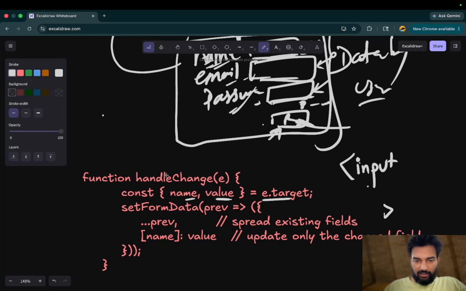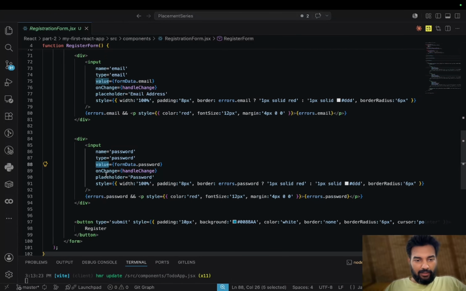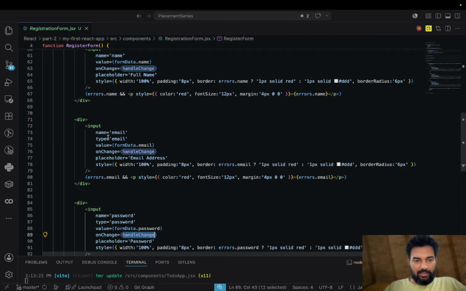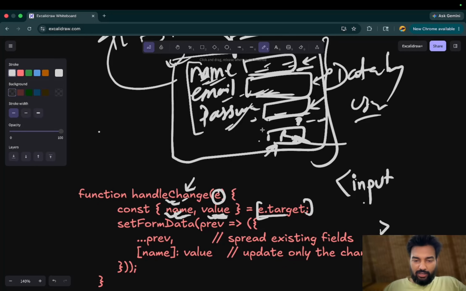So that's why we are taking name and value from e.target, as this function is responsible to update the state by any change in these, as each of them are calling onChange to this function only, and they are passing their event from the e. Here we are taking, okay, what was the change? If this, then name will come as name and the new value will be there. If this was changed and called this handleChange, you will see this onChange also calling handleChange, this onChange also calling handleChange. Okay, so here it will know that I need to update email